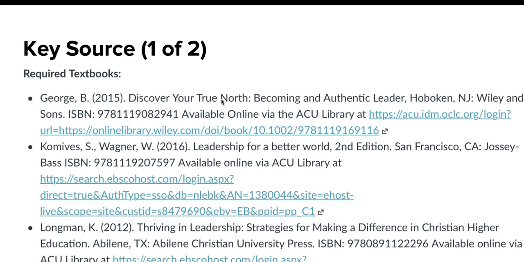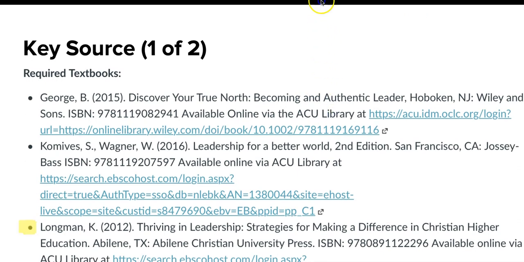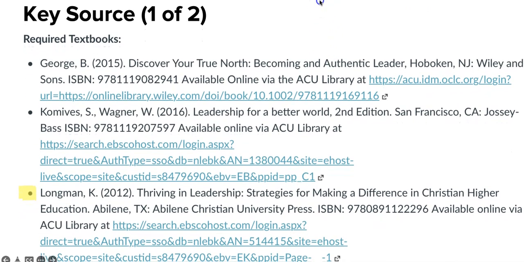So if we look at the syllabus here, at the list of required textbooks, you'll see that we have Dr. Longman's book here. Now, this is filled with the information that helps you access and order the book if you want to have a hard copy, but that's more information than we actually need, because City and State doesn't actually need to be included in APA 7th edition.